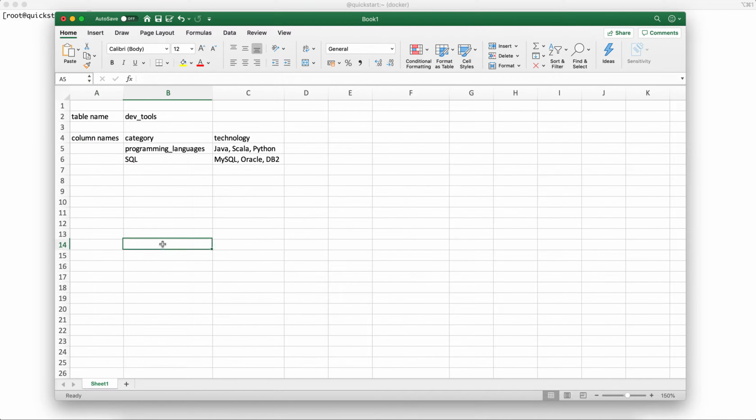If you closely observe the actual data, this is nothing but a string, but here we have comma separated values, so this is nothing but an array. This is going to be my array of string and this is my normal string. Now when we have this kind of data in a Hive table, there can be a situation